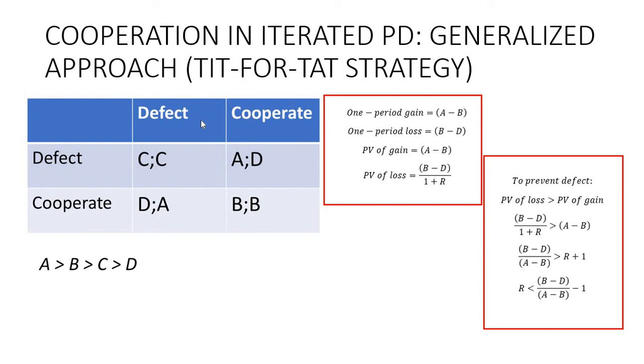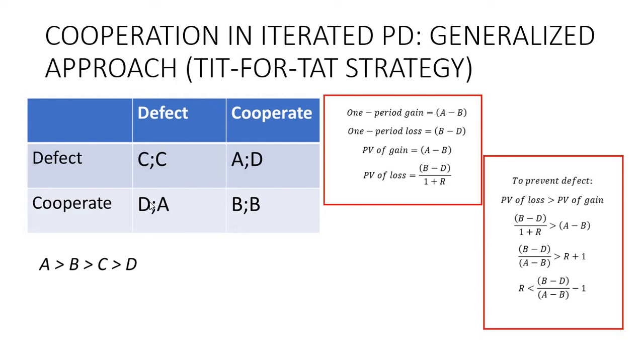And in order to restore cooperation, the first player will have to cooperate in the first period, even though it will imply some losses, because in this case, the second player will defect in the first period. So again, we start with cooperate, defect, and then cooperate, defect, just for the sake of restoring the trust of the second player. So in this case, the loss will be B